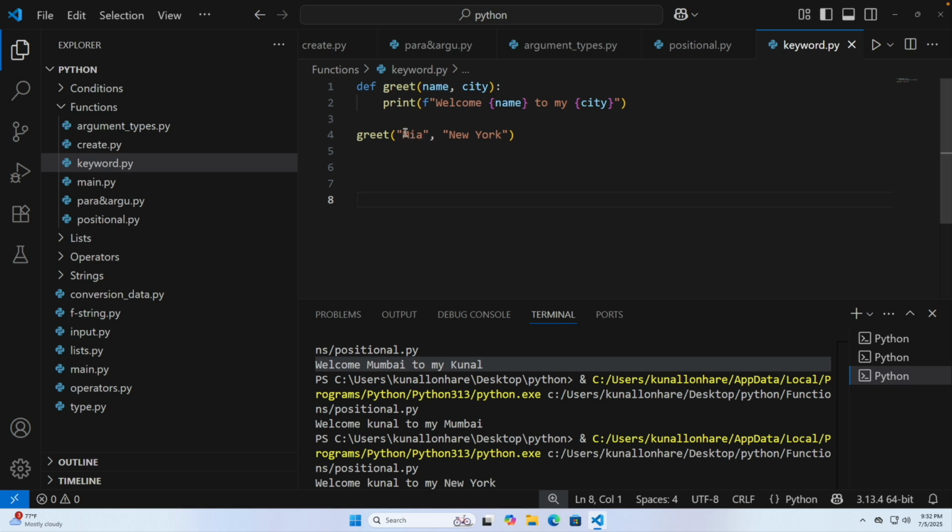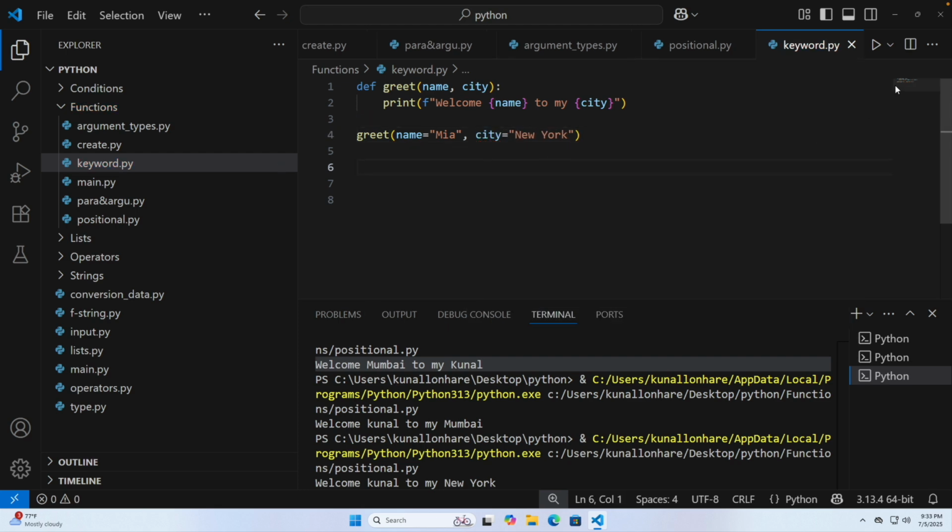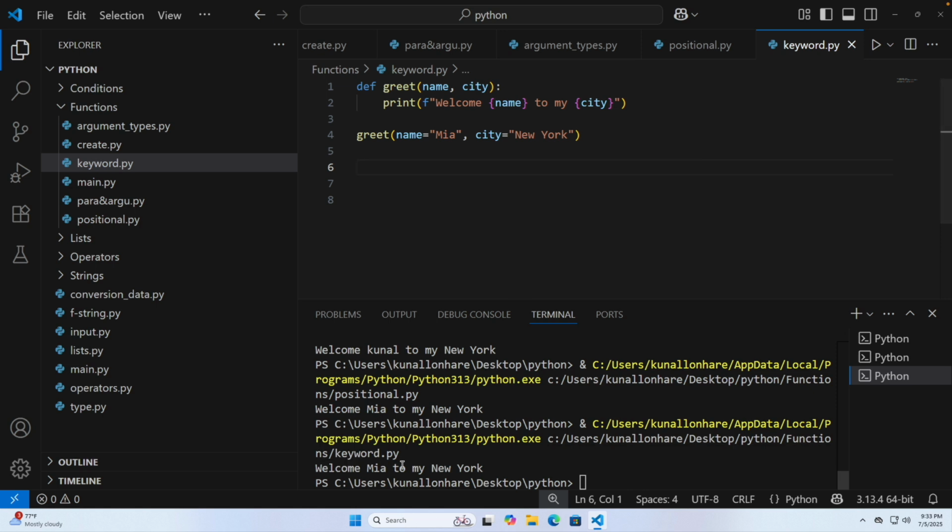Now guys, see, earlier it was creating the problem, but now it will become easier using keyword. So you can define the keyword that this Maya is related to name. You can put it like this, name equals to Maya, and city equals to New York. Now you can see it will work